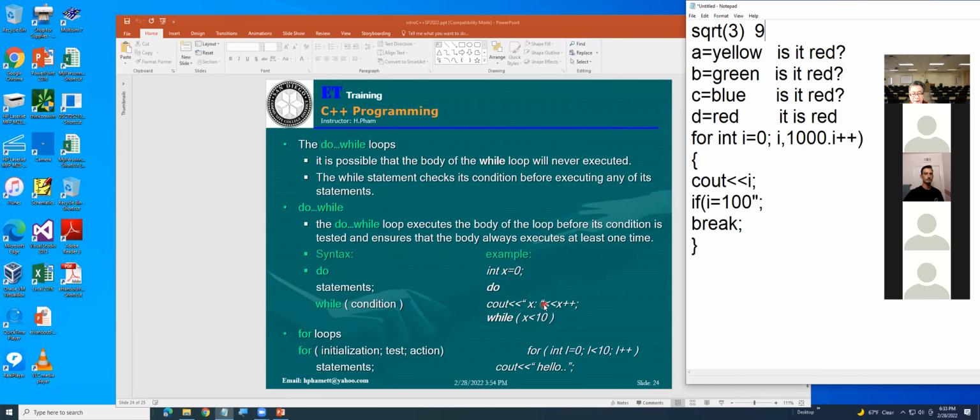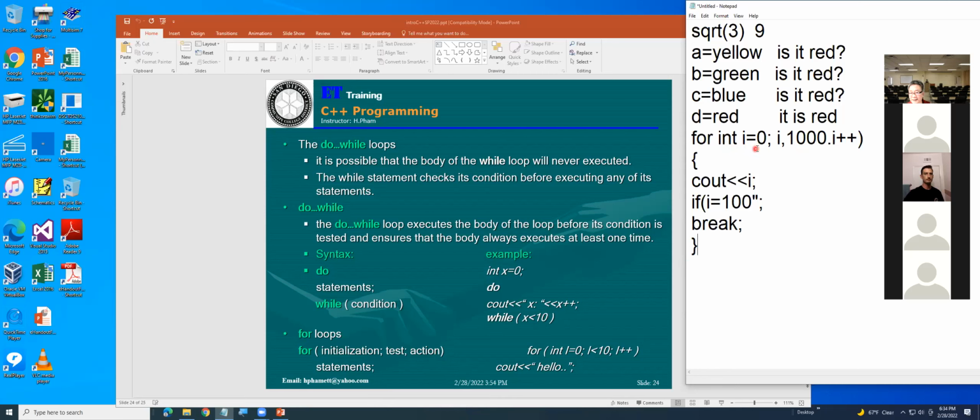Now the for loop: initialize, test, action. That's what I just gave you here. For, initialize: that means I initialize i equal 0. The next, test: that means i less than 1,000. And the next one, what action? Increment i by 1.